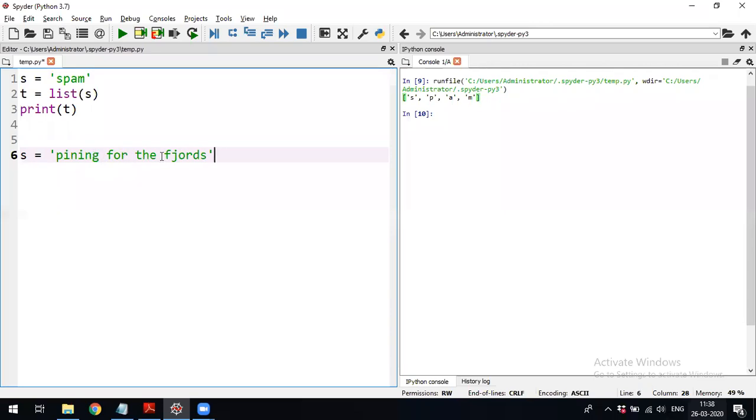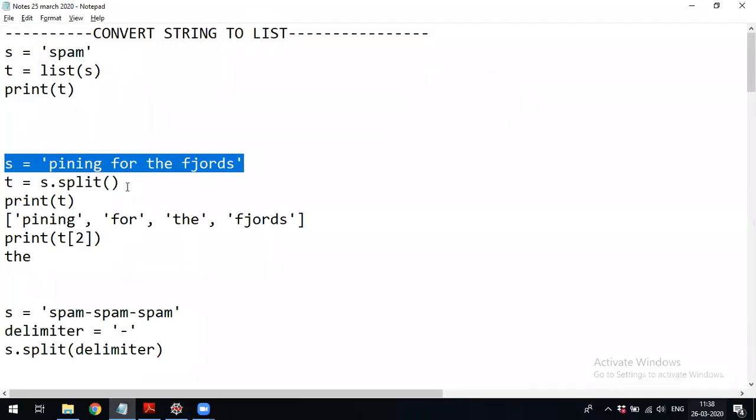These words, I want to be at different indexes in a list. I want to split this string. I want each of the four words separately. In that case, in Java, what we used to do, we used the split function. The same thing we do in Python also. The same split function we use.